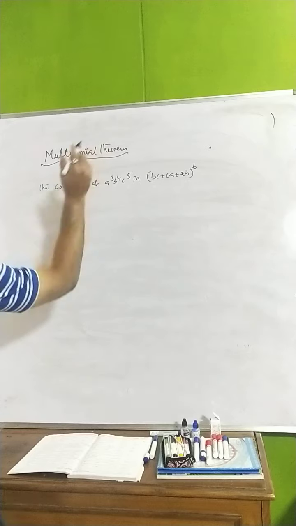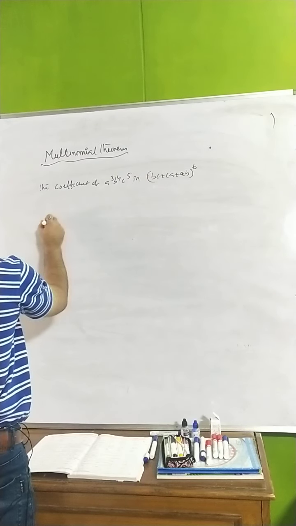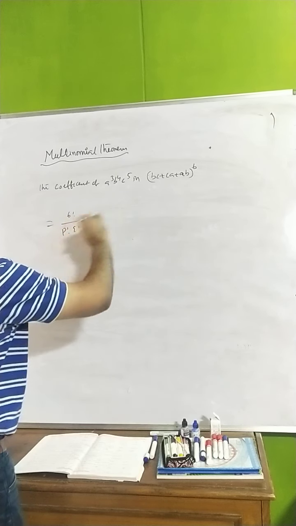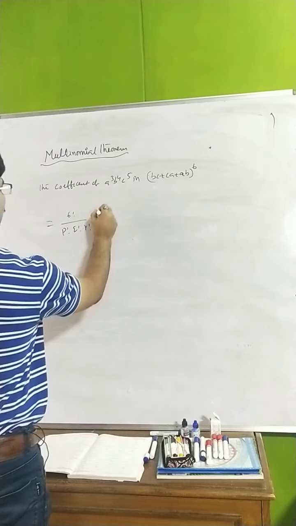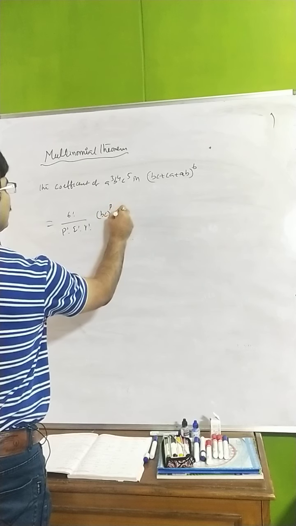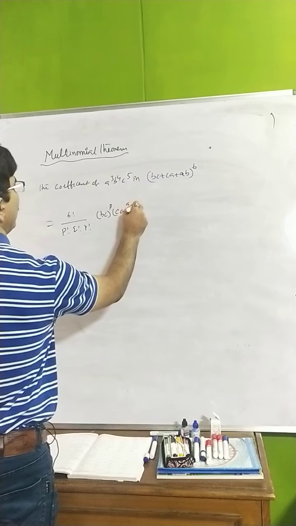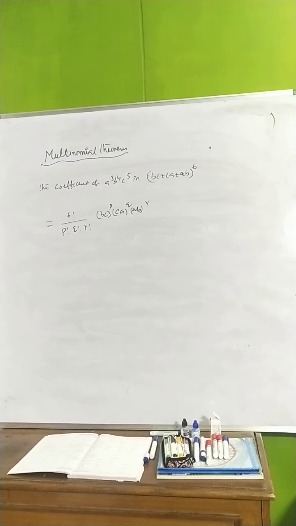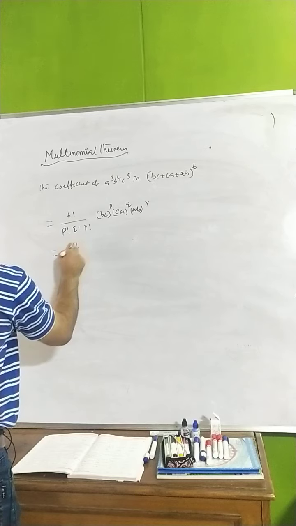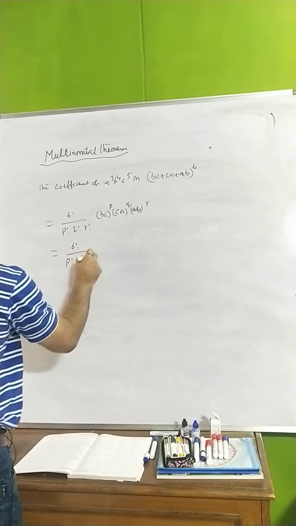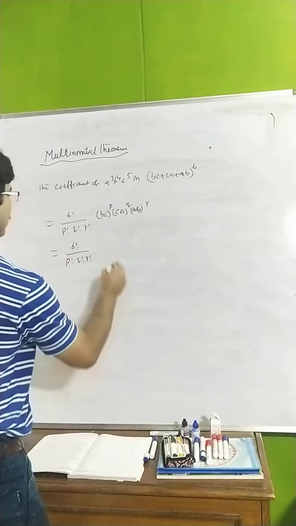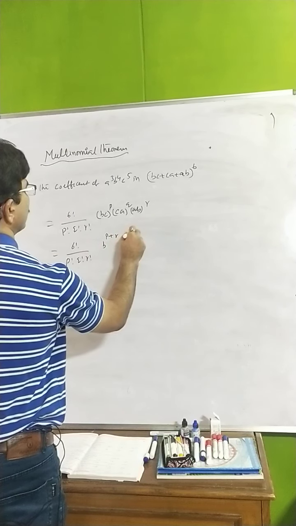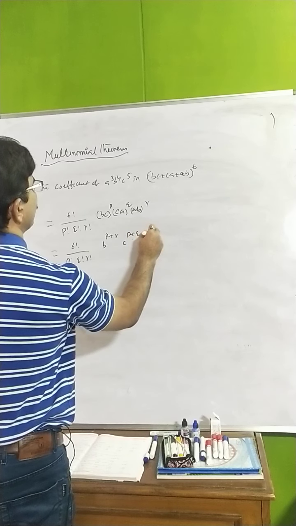That's why, how to do here? Yeah, we can write like this. No problem at all. We can write 6 factorial divided by P factorial, Q factorial, R factorial. We don't know this. Let us assume like this. What do you have to write? BC to the power of P, CA to the power of Q, and AB to the power of R. We wrote like this. We are supposed to find P, Q, R. Now, B to the power of P plus R, C to the power of P plus Q, A to the power of Q plus R.